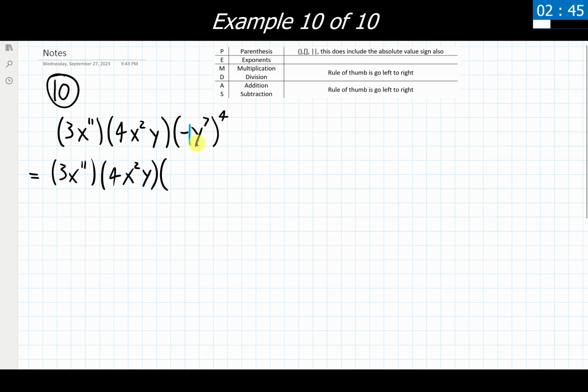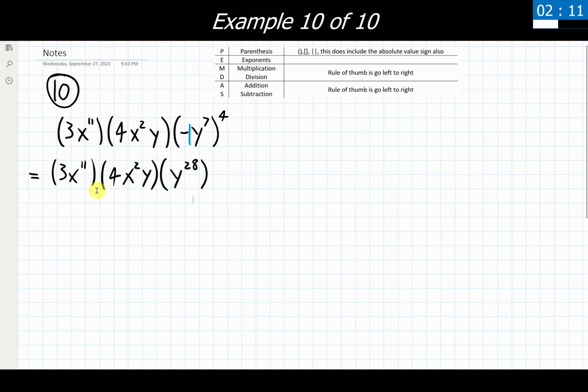So a negative 1 times negative 1, that's going to give me a positive. And then that times a negative 1 is going to give me a negative. And that times a negative 1 for the 4th time is going to give me a positive 1. Okay, so great. The numbers have been taken care of. I'm going to have a positive answer here. y to the 7th raised to the 4th power, that's going to be using our power rule. So that means that the exponents are going to multiply, and I'm going to get y to the 28th in my final set of parentheses here.